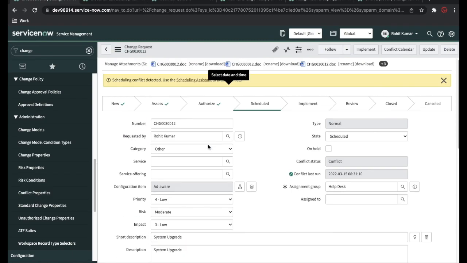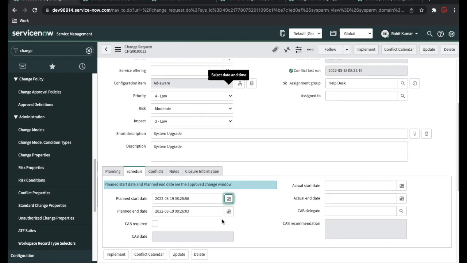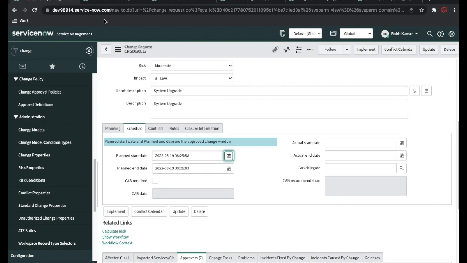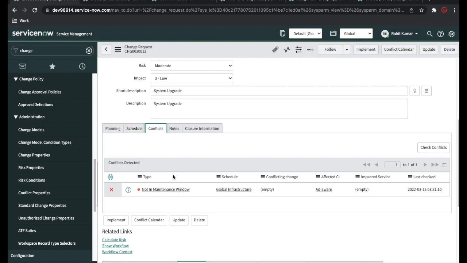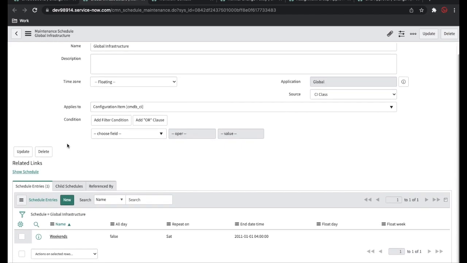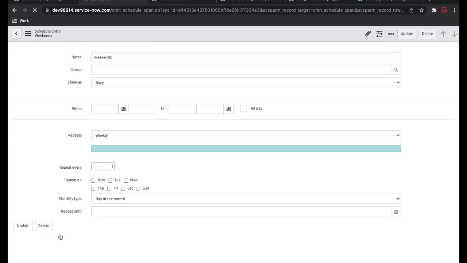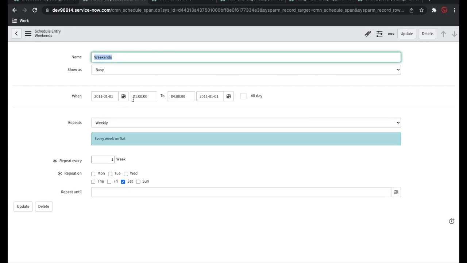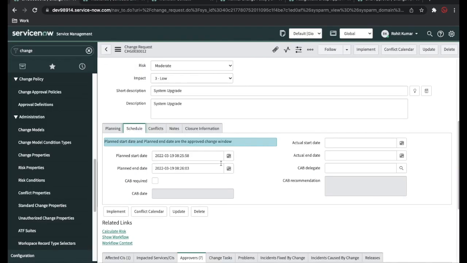So you can see it still has some conflict. If I go back here to the conflict tab, it is saying the same from the global infrastructure. And if I go here, it is saying that it should be in weekends. So I will open the schedule entry, and it is saying that I can schedule from 1 to 4 in that time. So let's change this schedule from